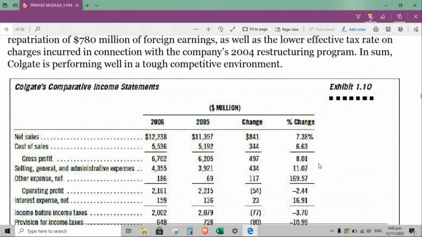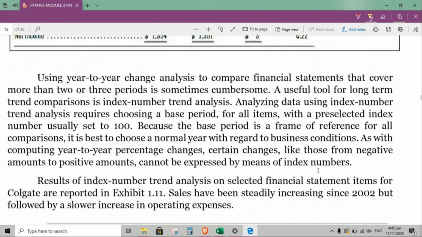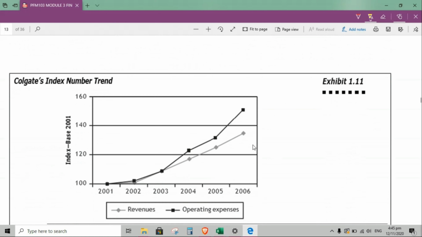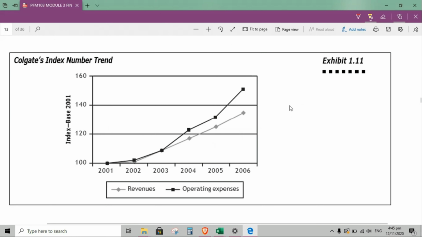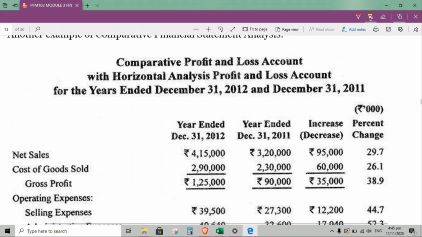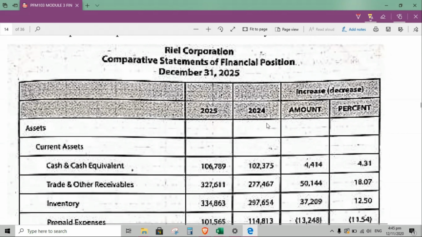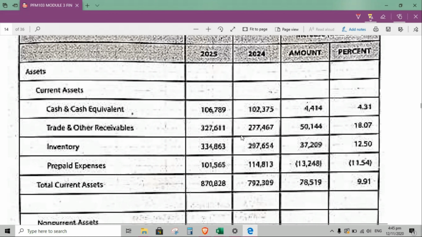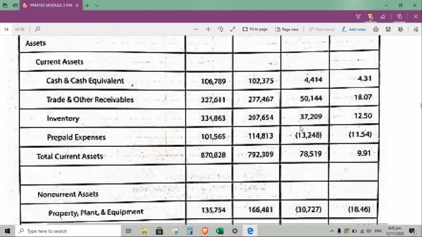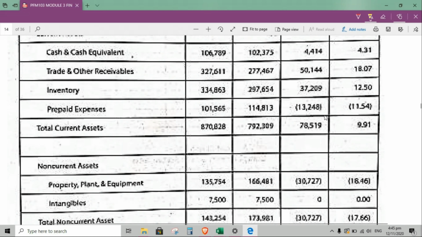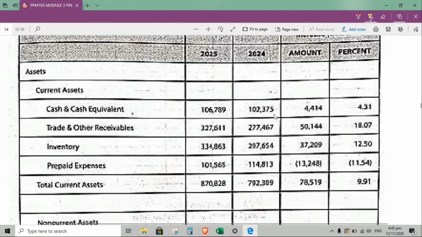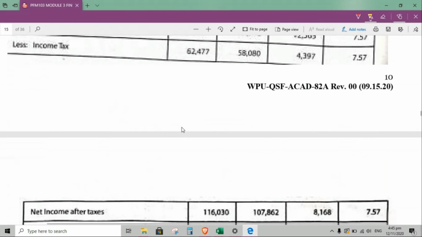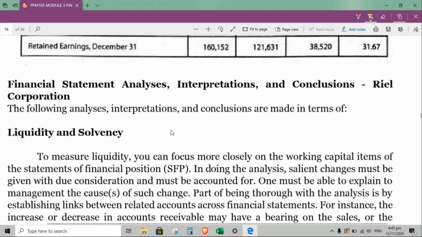Yan. So we also have another example here. So ito siya is yung sa Colgate pa rin. So this is the trend. Makita mo pataas. Ayan. This one is for real corporation. So kung i-compute nyo yan, i-try nyo rin i-compute isa-isa at check kung tama yung sagot nyo based dito sa ating example. Ayan. And let us read its